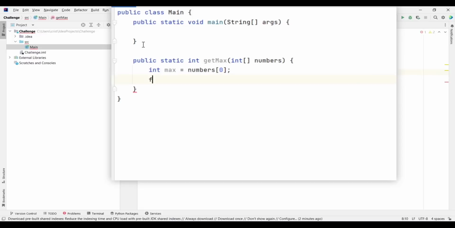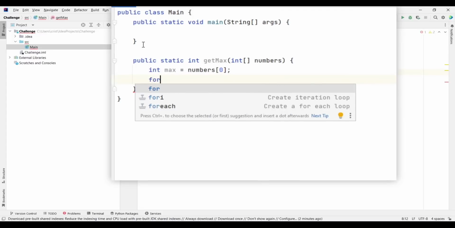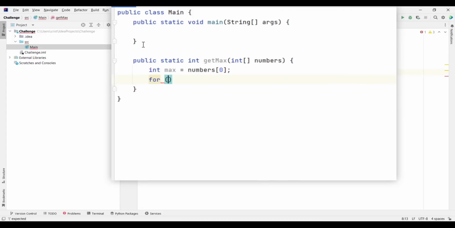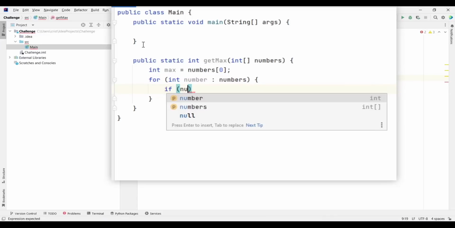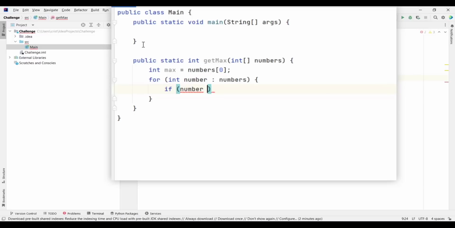Then I will loop through our array. I'll type for, and I will use the for each loop: for int number in numbers. Here we're going to check if the number at this iteration is greater than our max, then that means we need to switch.